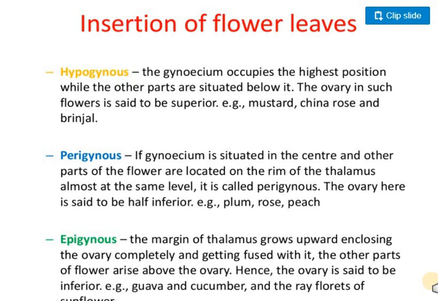If this order is true, the superior gynoecium will be occupying the superior position on the top, and all other floral whorls are arranged below it. Such a floral arrangement is called a hypogynous condition, or hypogyny, and here the ovary is superior and all other floral whorls are inferior.